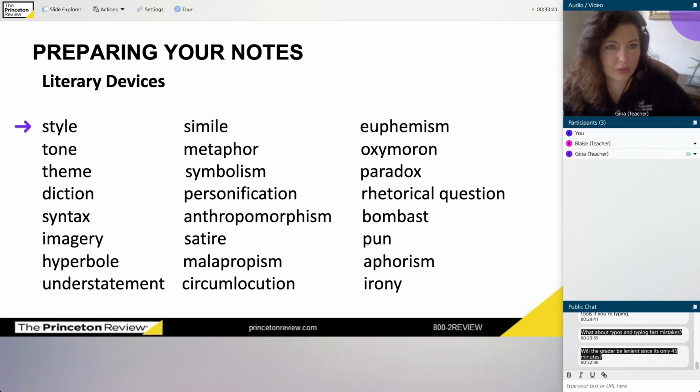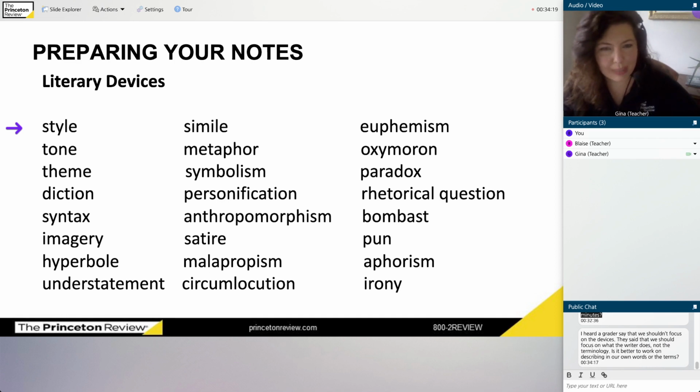So here are all the literary devices that you should know. There are some weird ones on here, like what's a malapropism? Okay. Well, mal means bad, right? So a malapropism is like an incorrect term for something. Or maybe you've never heard of anthropomorphism. Well, anthropomorphism is when you take animals and you give them human characteristics. What are the chances you're going to see that in your essay prompt? Well, probably kind of slim, but if you happen to see it, it's good to be able to wheel out that term and say, this is anthropomorphism. The grader's going to like that a lot.